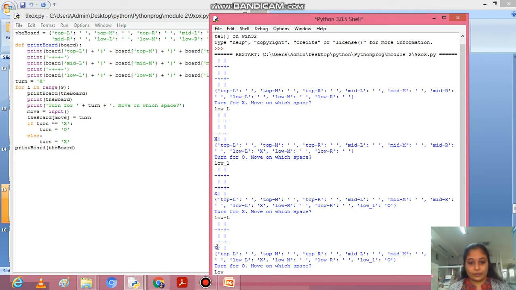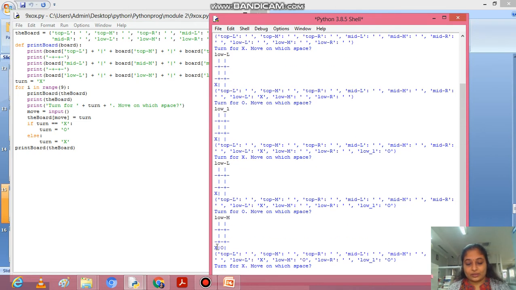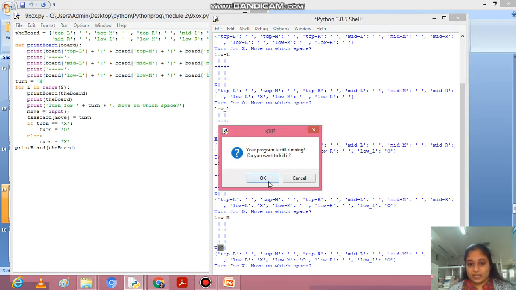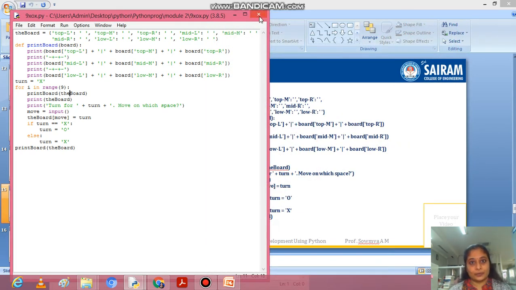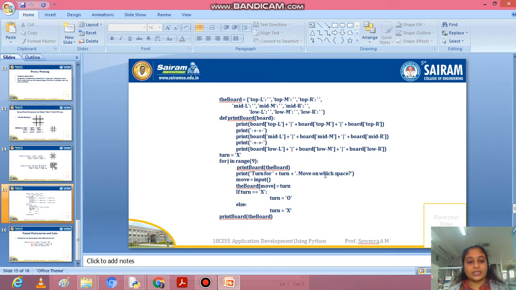I'll give low M. So low M is updated with O. This is how the tic-tac-toe board is created, or a user interface is created for the program, by using the data structures of Python, and it can be used to play tic-tac-toe. This is the smallest implementation of real-world games in Python.